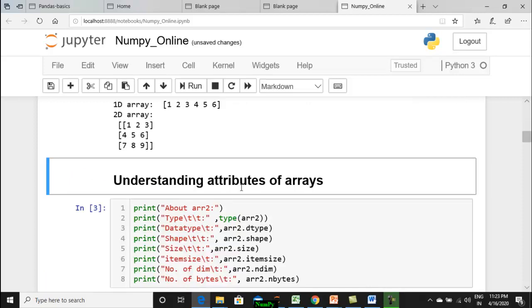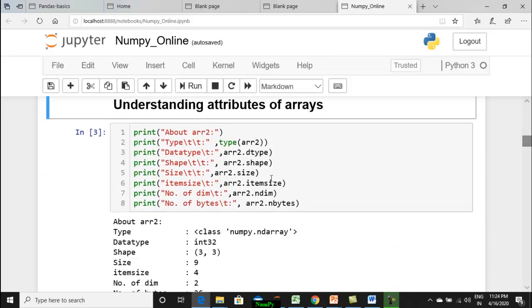In order to understand the different attributes of arrays, attributes in the sense of properties of arrays, many methods are provided by the NumPy package. I have listed a few for your reference. Suppose you have an object ARR2 and you don't know what type it is: is it a list, an array, a dictionary, or whatever? You can use the type command.